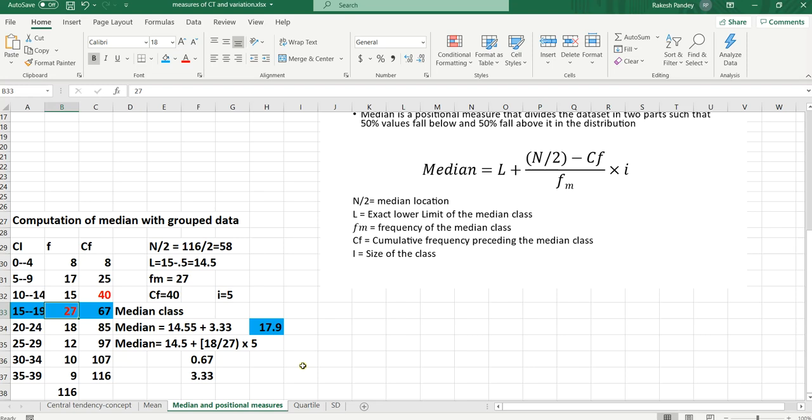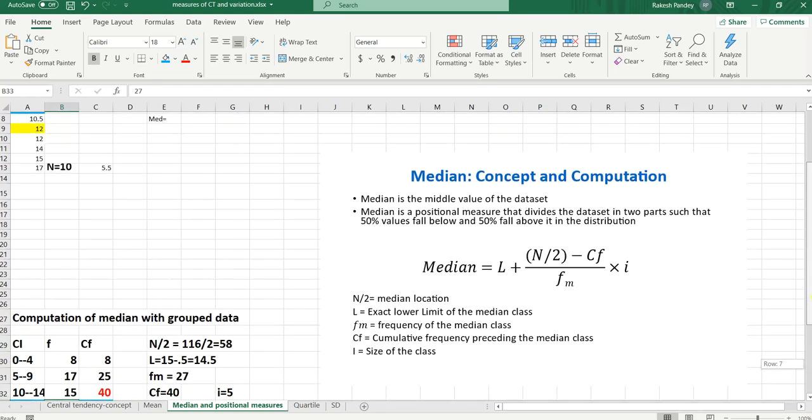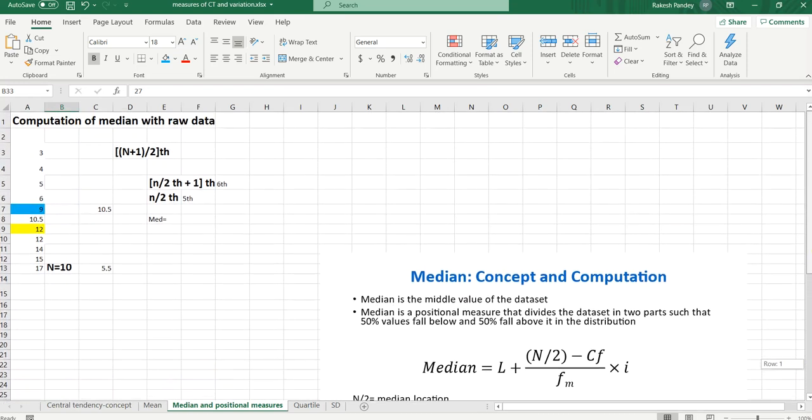So this is the brief steps involved in computation of median in raw data as well as in grouped data. Now